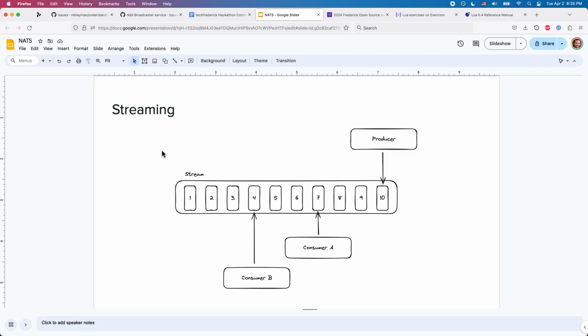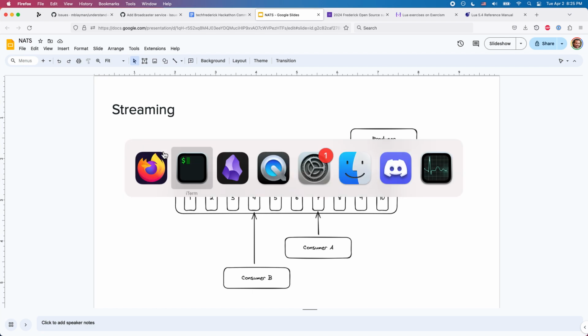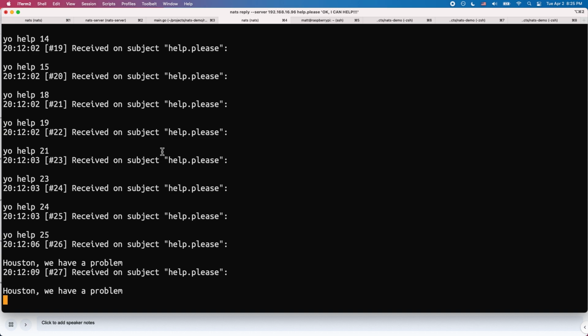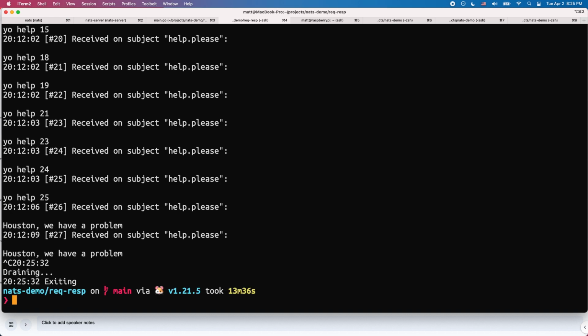You can do a lot with this streaming stuff, especially if it's independent kind of activity. So it all comes down to what problem you have to solve with whatever you're trying to build. I should note here, this is called streaming. If you're on the NATS side, this is enabled by their JetStream. At the beginning of this talk I mentioned there's an extension, and that's what we have to do to enable this. And again, there are trade-offs around